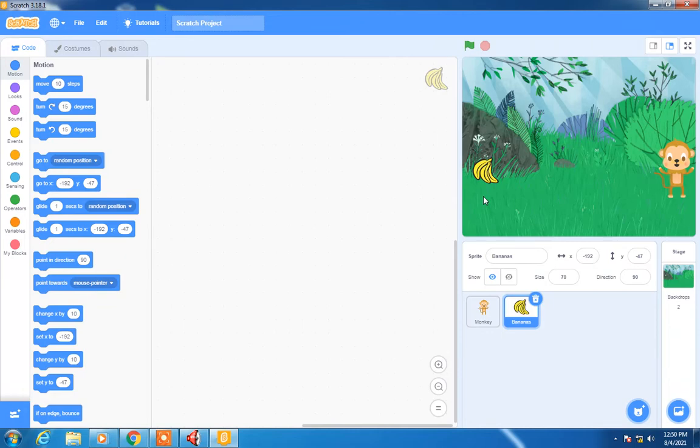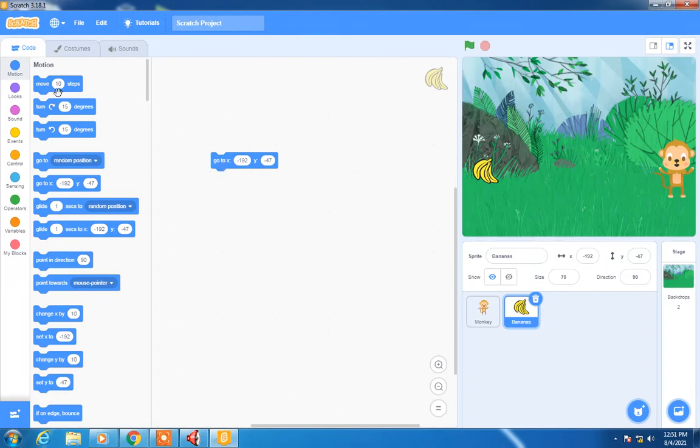What do we have to write over here? The first thing is the bananas have to come from a random position. So we don't know what the x-axis we can decide, that is this position, but we don't know the y-axis of it. So a random value has to be generated. So we will make use of go to x-axis and y-axis. So x-axis it has already taken by default. Y-axis we will be picking up a random value.